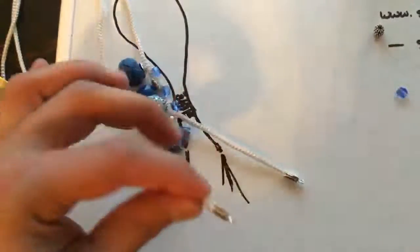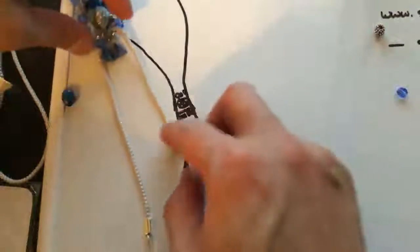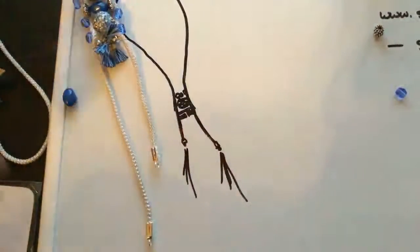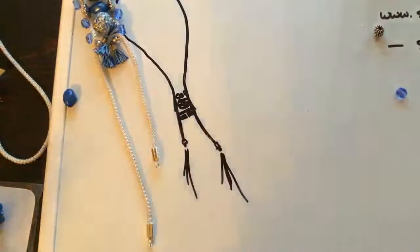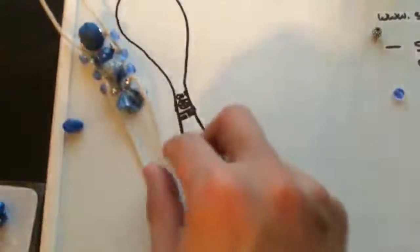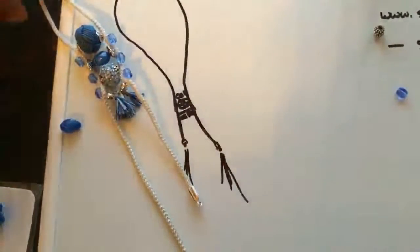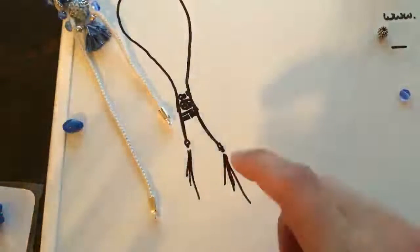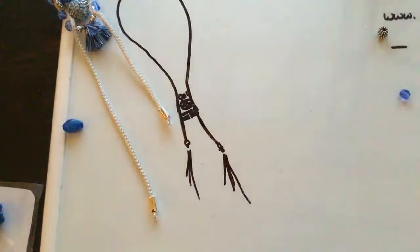Pretty snazzy and easy. And now you can decorate however to your heart's content on this bottom part. So do we put more beads down here? Do we put tassels? I don't know. There's so many possibilities. I wonder though, because I do want to tassel this up a little bit. One other thing that I might comment on is that I probably want this a little bit shorter, but that's okay. For this demonstration, I think this works pretty well. Or if we don't have a large tassel, maybe we just end it at a smaller bead, which I think might be the perfect end for tonight. So let me grab some,